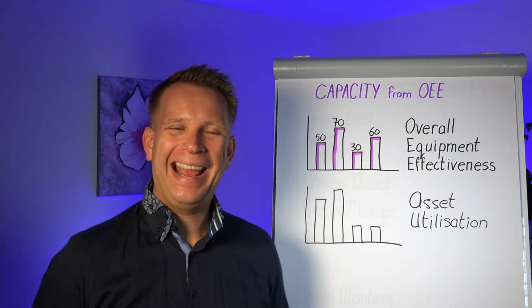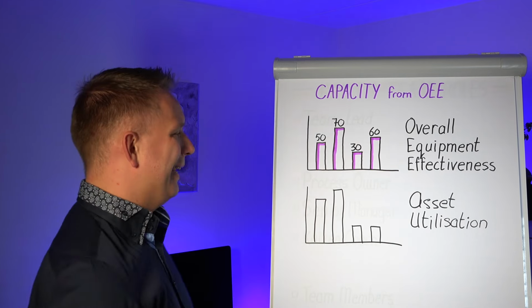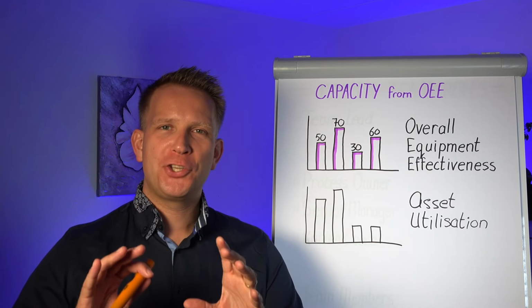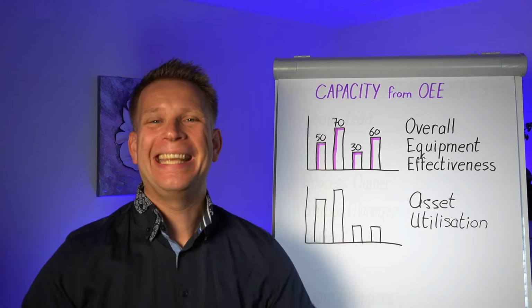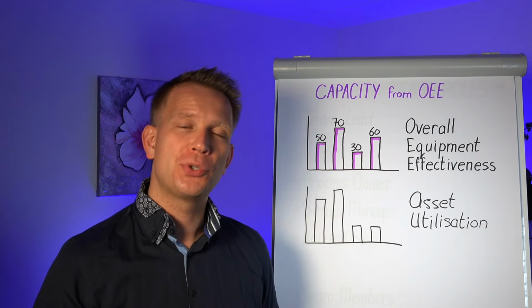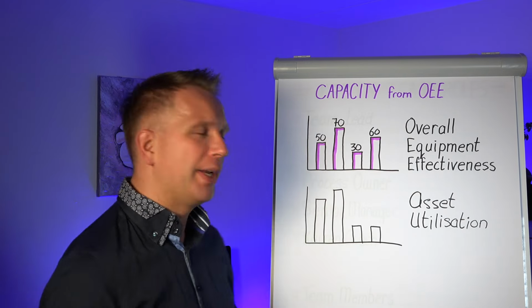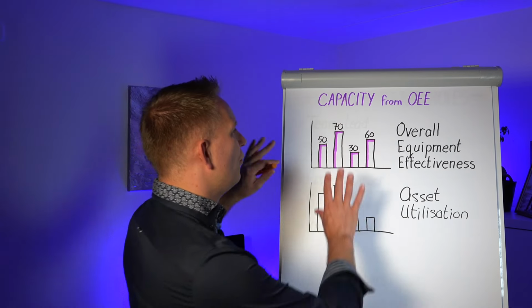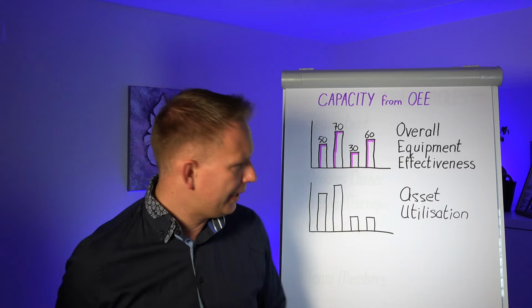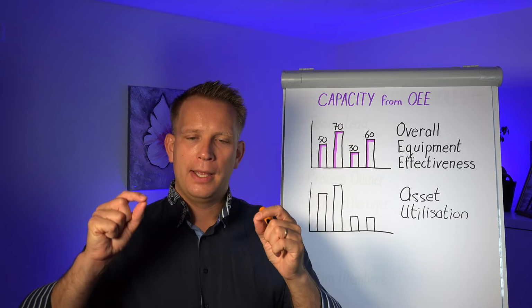If we look at asset utilization, that means how much of the time is the machine running and really needing to be in production to produce our products, then we know where we have capacity constraints. Now, what do you do for this? You don't really look per se at the OEE. You look at the total